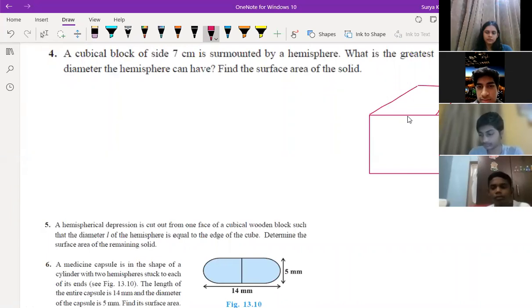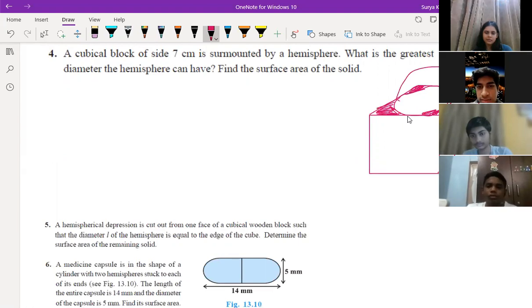Then the hemisphere will be like this, correct? It means it will cover, like a cover. One circle will cover. Understood, children? How it is covered? It's not going to cover the complete part. This corner part and this corner part will be left behind if you put one hemisphere on this top.